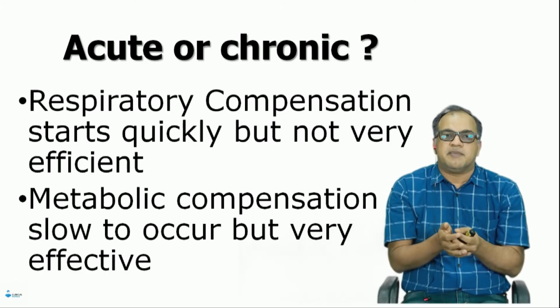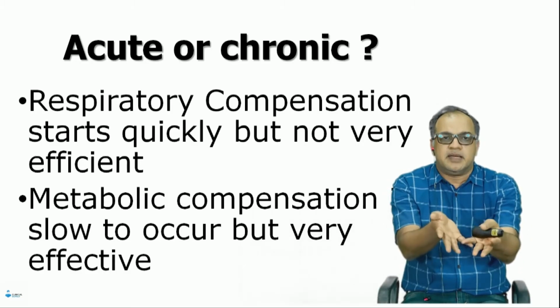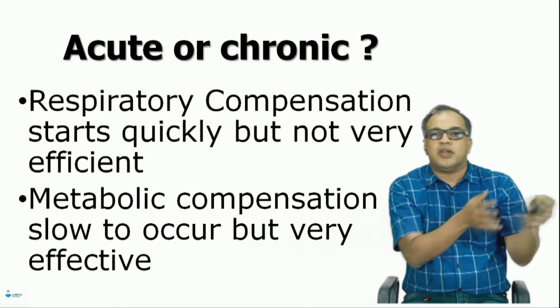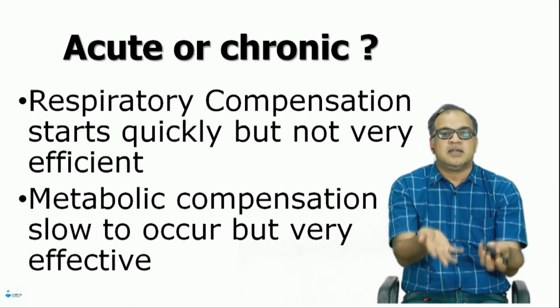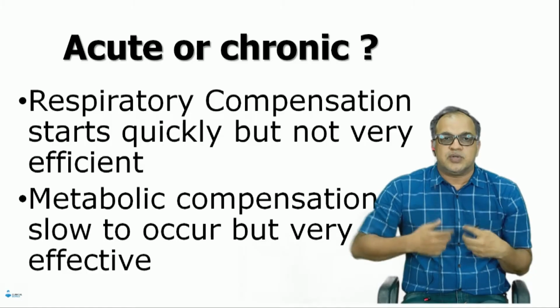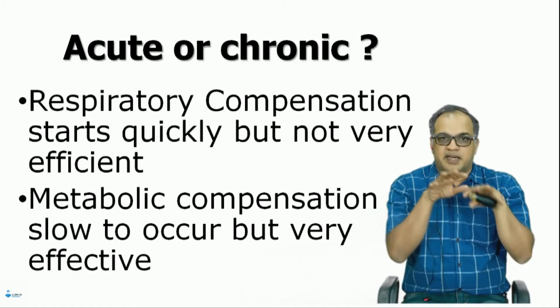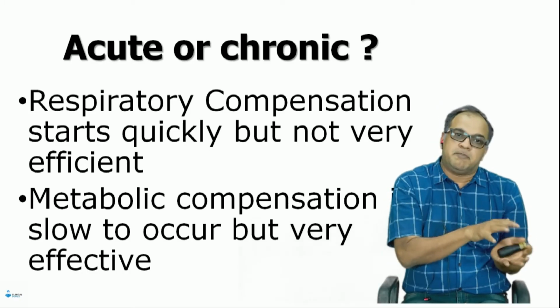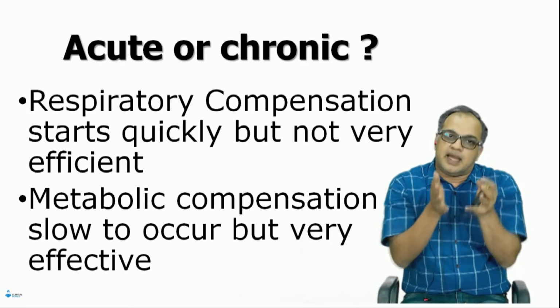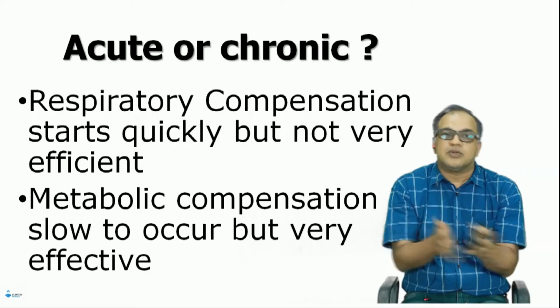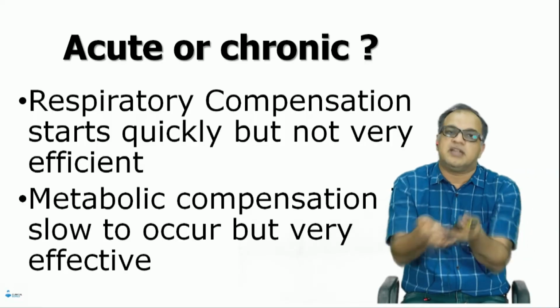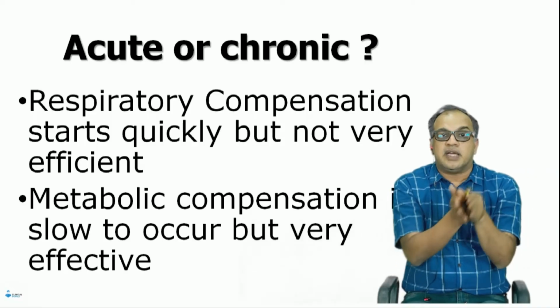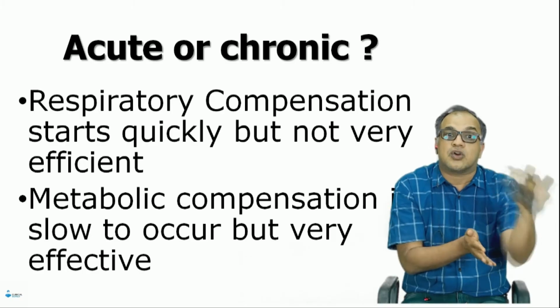That is exactly what happens in cases of COPD. In COPD, they have chronic respiratory acidosis. What happens is they retain CO2. They have respiratory acidosis, but the kidneys conserve bicarb. Their pH is almost normal and their CO2 is high. All those COPD patients we see in the ICU or even in the OTs have chronic respiratory acidosis which is compensated.